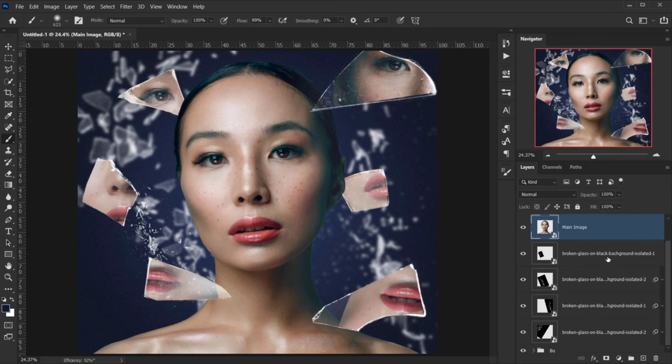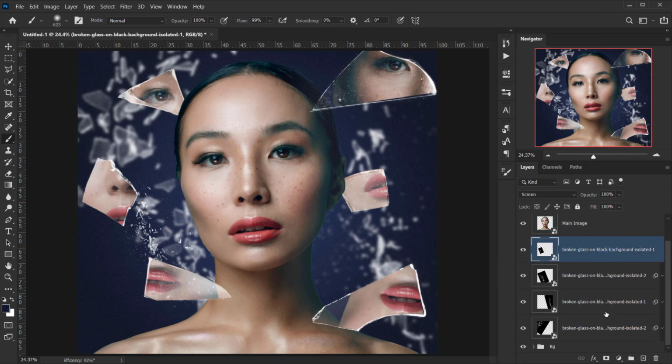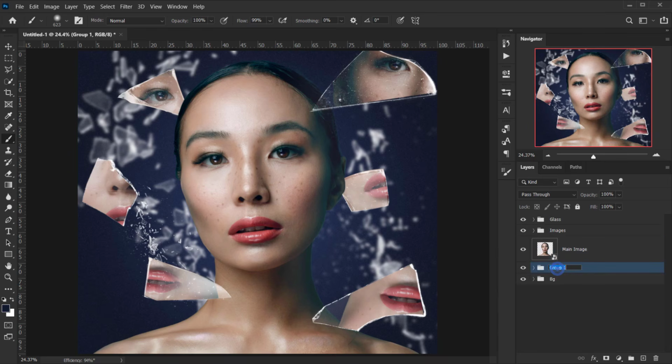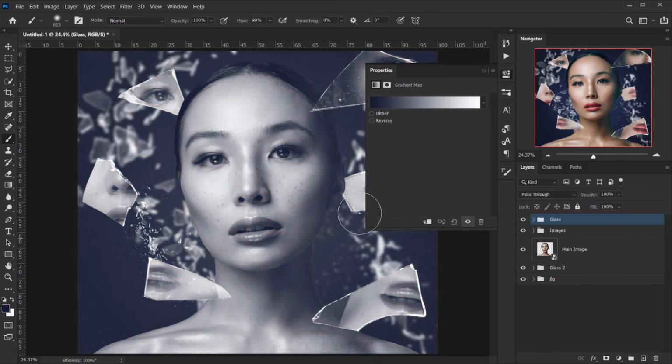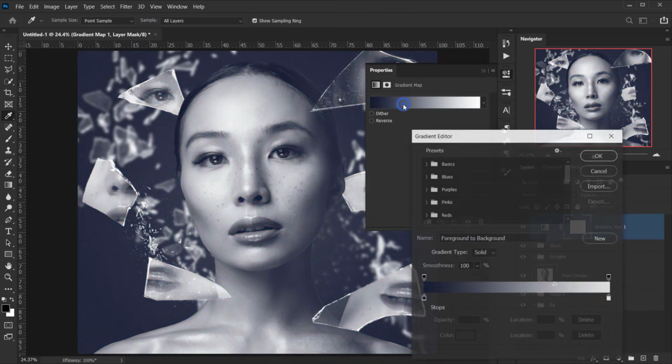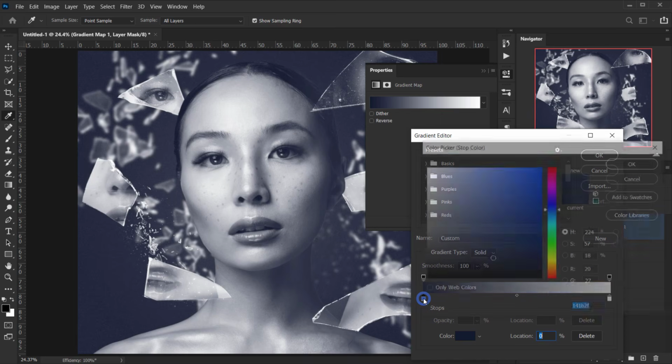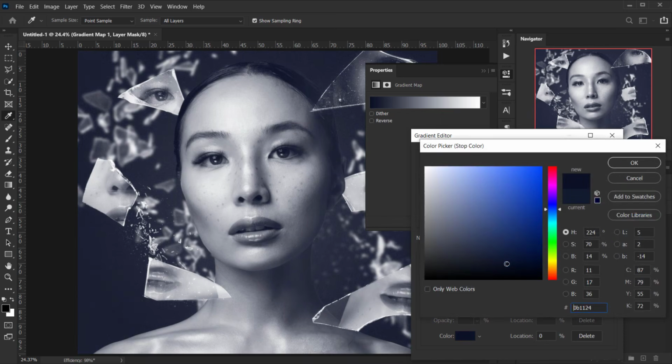Alright, so let me actually make everything in here clean. So I'm just gonna select all this broken glass, and I will make them as a group, and I will call this glass. Let's call it glass 2. Alright, now we'll go and apply a gradient map. So I will go to adjustments and choose gradient map, and I will change the colors of the gradient, maybe this blue. I will make it a little bit darker,